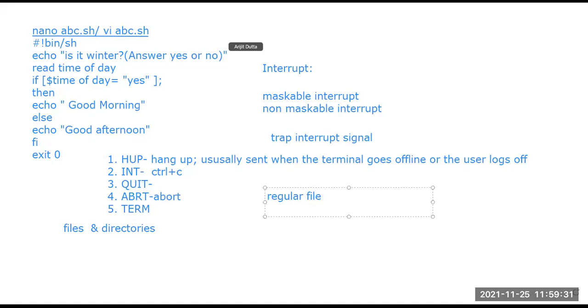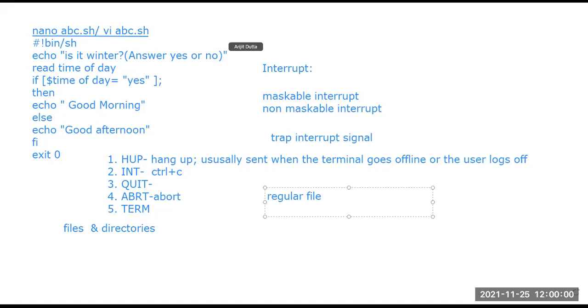It is a very common type of file in Linux programming. In a regular file, we can put any type of data. It can be text, or binary values consisting of numerical values, anything. So a regular file means we are creating a normal file where we can put any type of value, characters, numbers, anything.